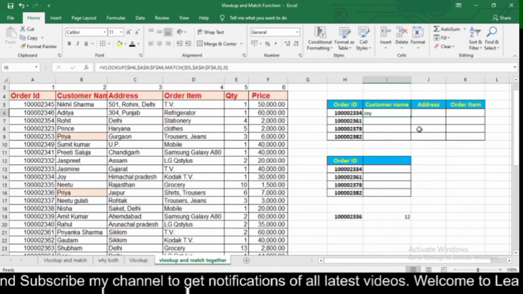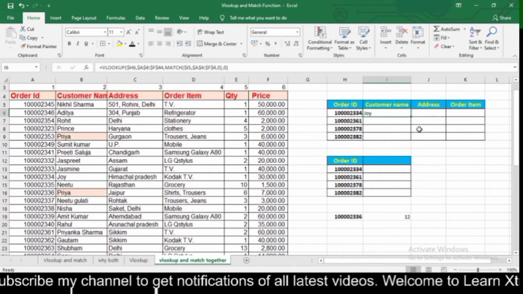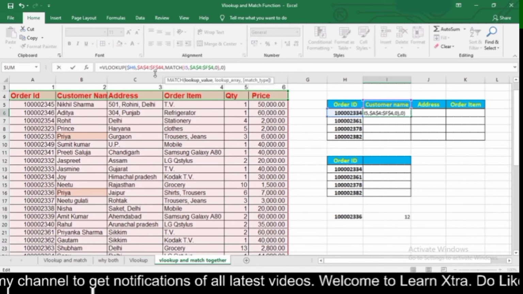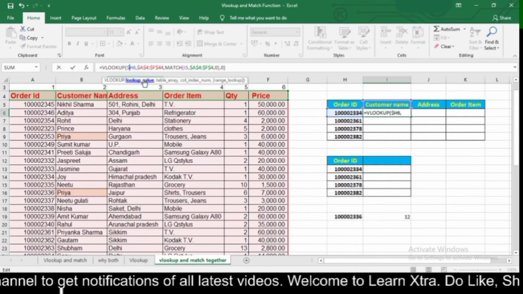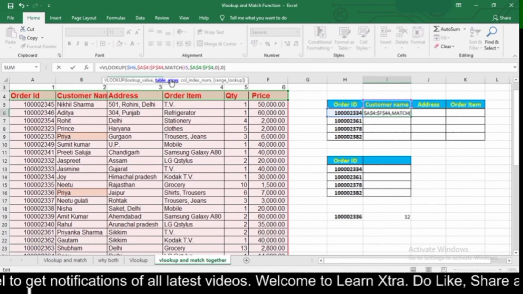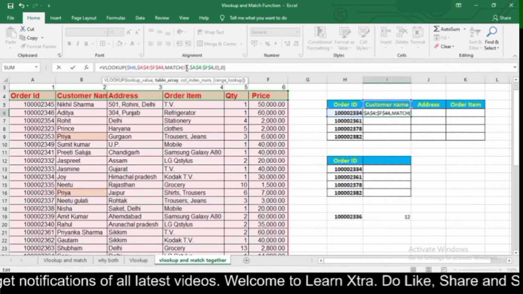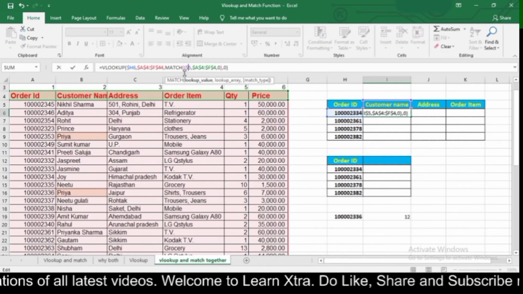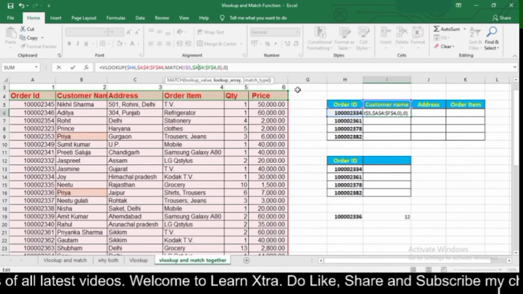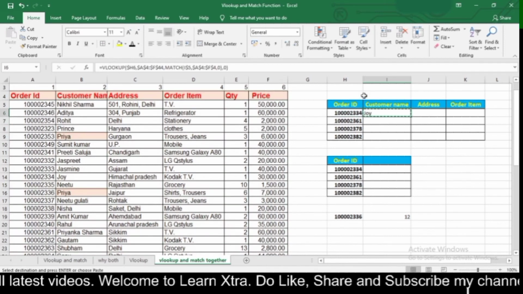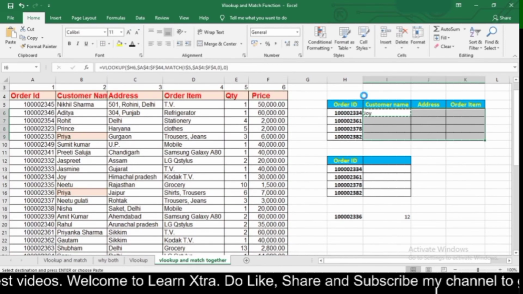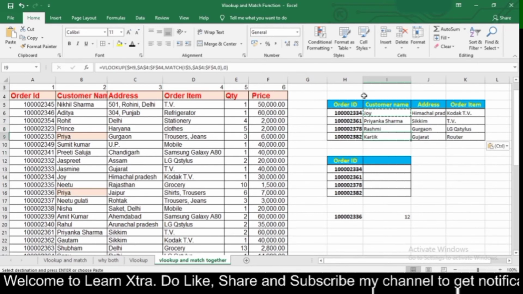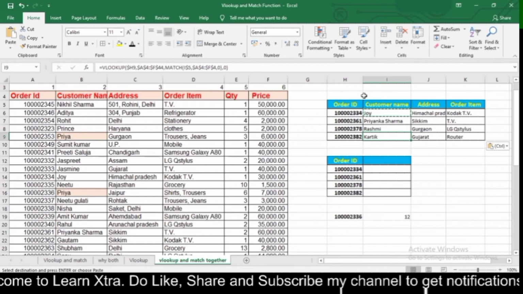Now if you want to copy and paste your data in the rest of the cells, here you need to freeze the H column in your VLOOKUP formula, and your table array also you need to freeze, and in the match formula you need to freeze your row 4 and your lookup array and then press enter. Now copy it and paste it in the rest of the cells. So here I got my answer for the rest of the cells. So this is how we can use VLOOKUP and match function very easily in Excel.